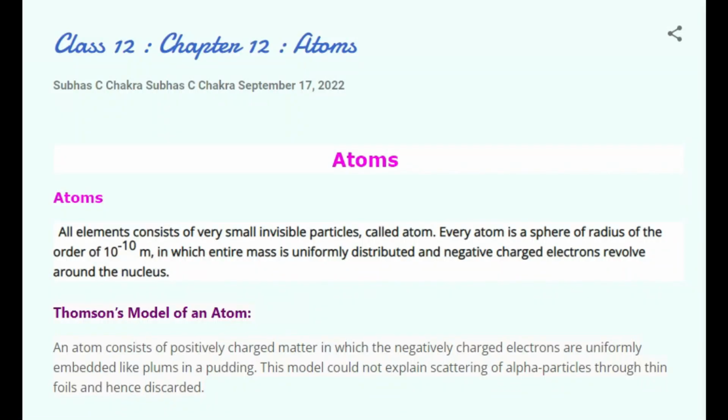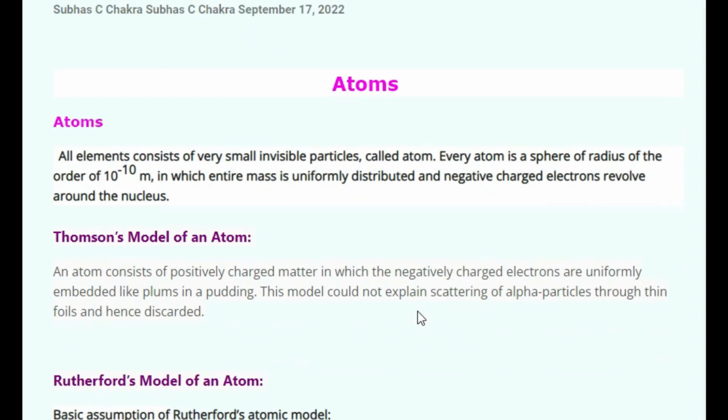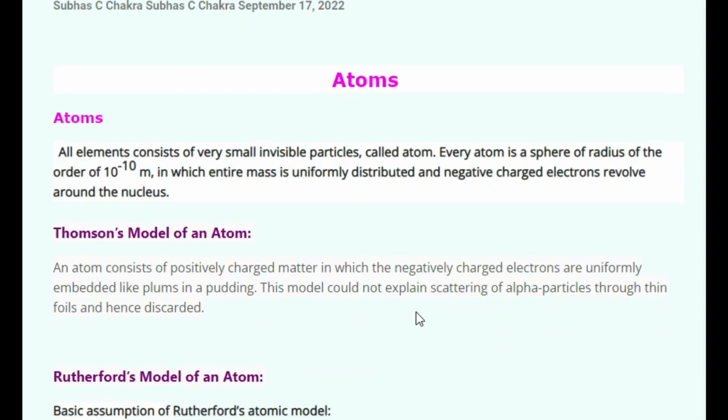Hi students, let us start the chapter Atoms. This chapter is from class 12th, and in this chapter we are going to cover the whole chapter in 3 shots. In the first shot we are going towards the concepts in this chapter like atoms, different atom models